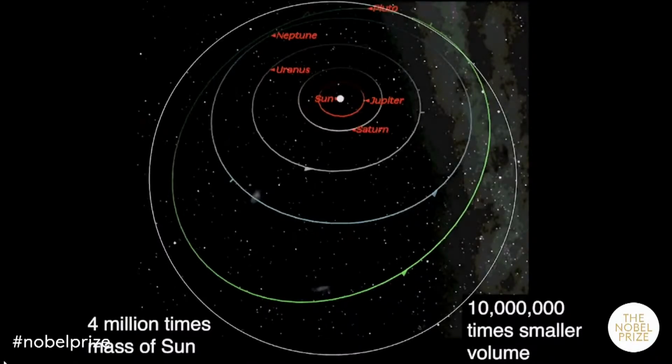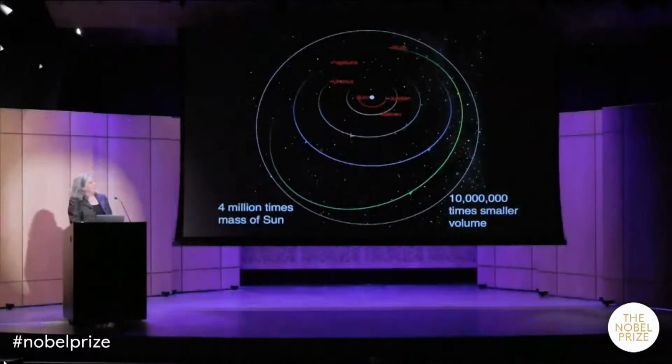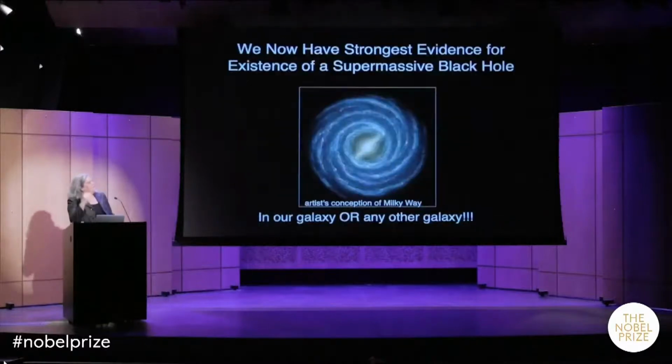I mean, think about anything that you could move forward or increase that you'd like more of. In this case, this has been a dramatic increase, which has really moved us from the possibility of a supermassive black hole to a certainty that there's a supermassive black hole at the center of our galaxy. And not only at the center of our galaxy, but really of any other galaxy in the universe. All right, so this is really what is being recognized with this prize.